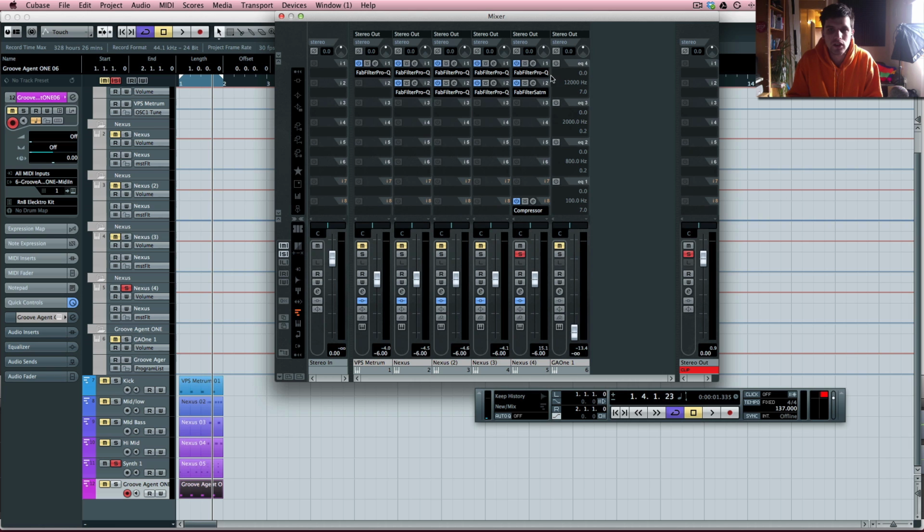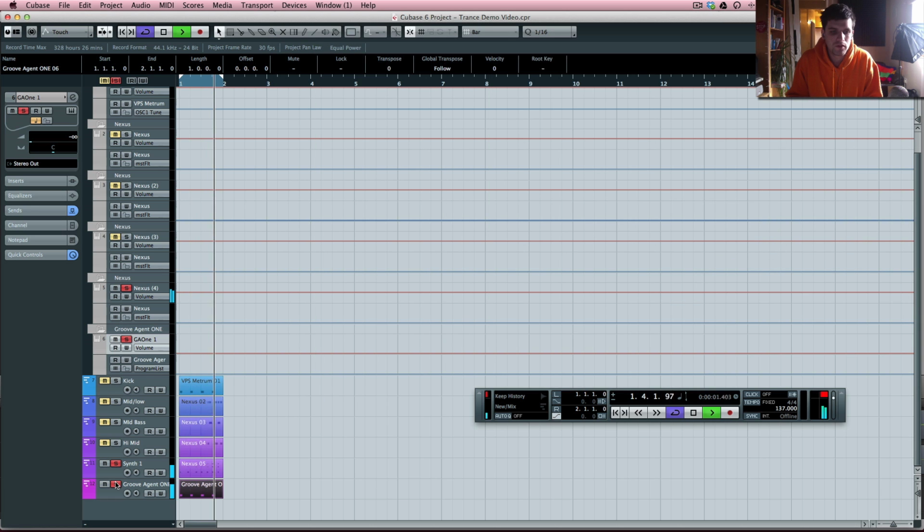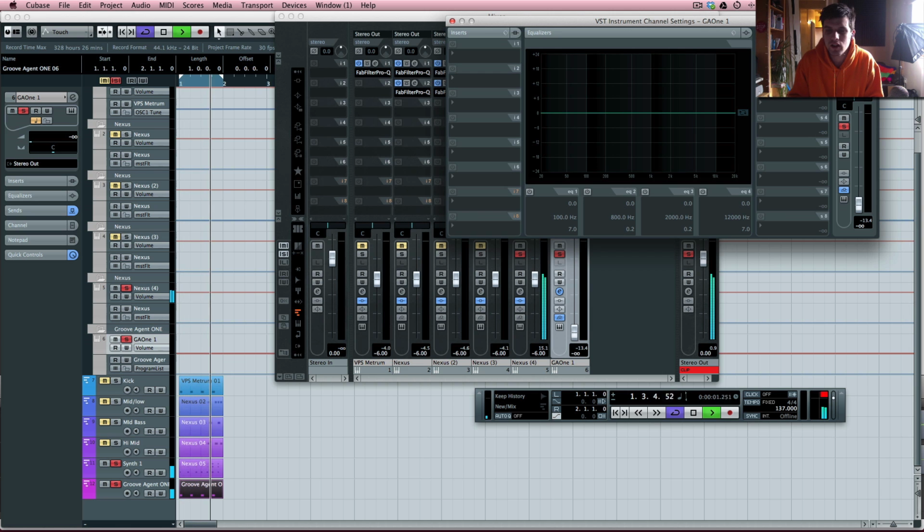And then what we do is, for now we'll go in here. You need to find the sends, and then you've got a Sidechain Compressor for Nexus 4 instrument 8. We click that, we turn it on, then we'll turn it up to 0 or near 0 for now. Right, okay, so it's there. Now you can tell it's not doing anything, which is why you need to turn on pre-fader. Right, so now you've got basic ducking,